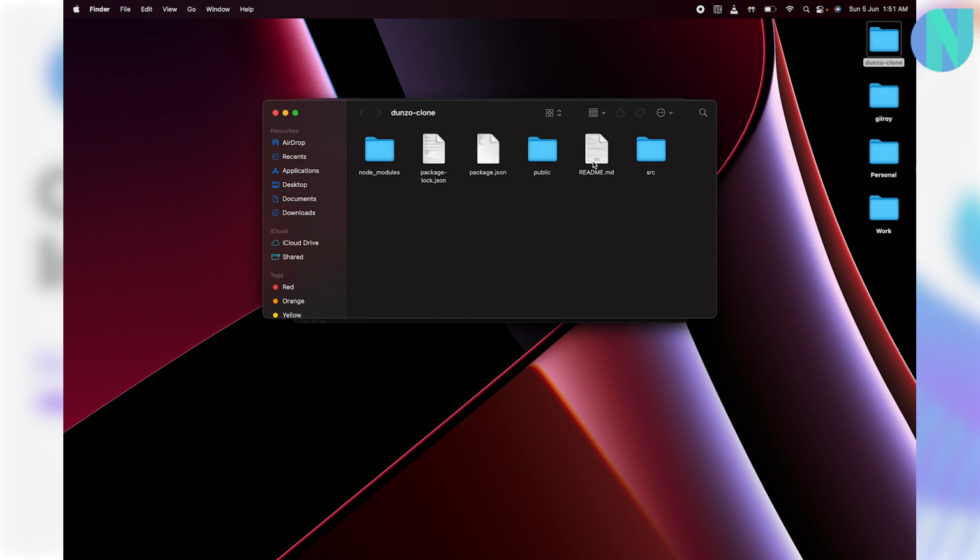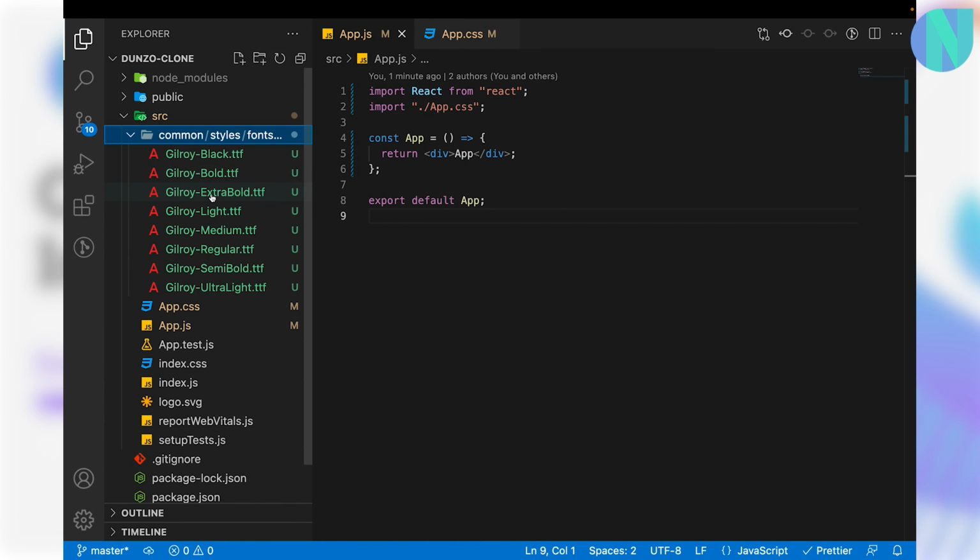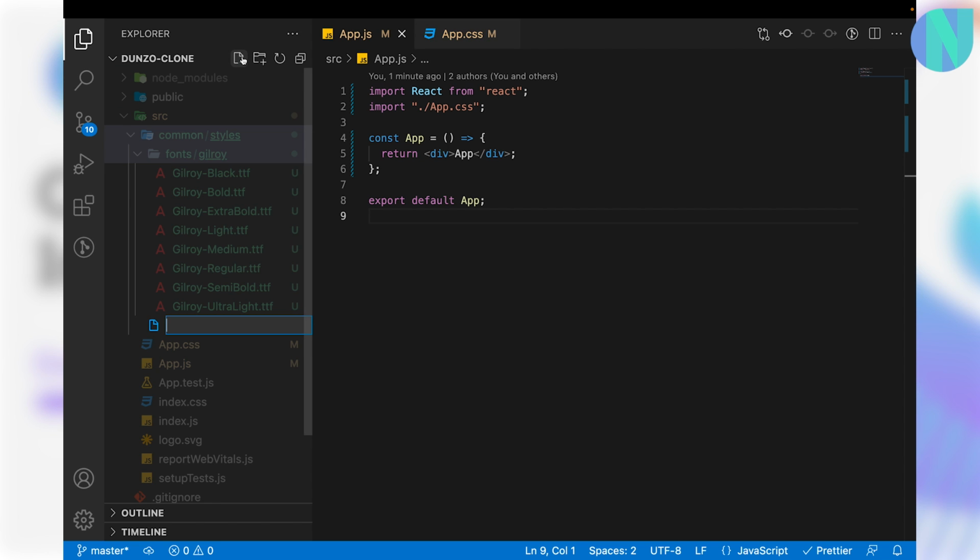I'll open my Dunzo clone folder. Inside my src, inside my common, inside my styles, inside my fonts. As you can see, this is empty. I'll just paste this inside. Now in my VS Code, you can see that inside the fonts folder, we have Gilroy. Now I'll come back to the styles folder, and here I'll create a file called